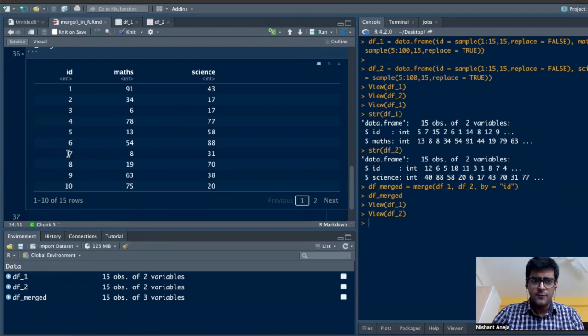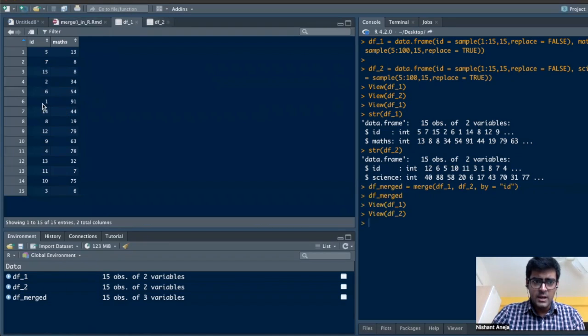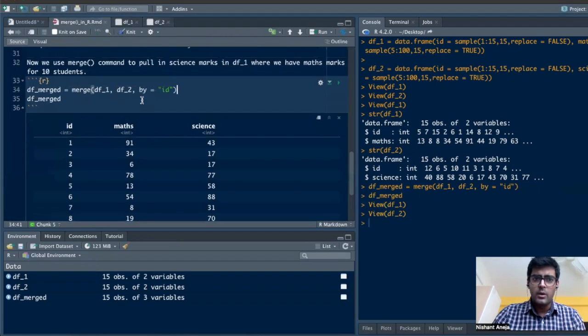Let's check one more. Let's check for ID number 7. He had 8 marks in maths and 31 in science. So in df1 we can see ID 7, 8 marks in maths and 31 in science. So there you go. The merge function, just by a stroke of one command, and by a stroke of one column, if it's